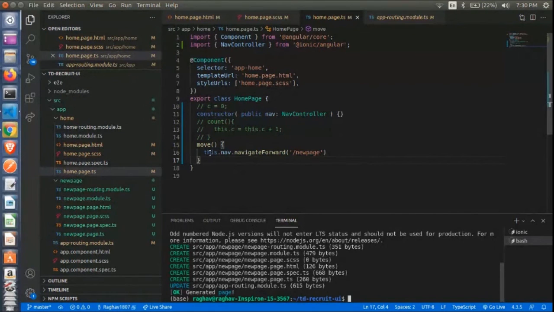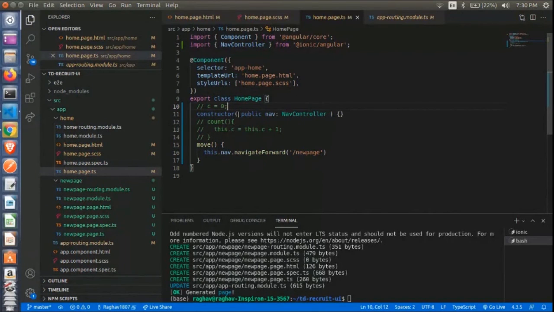To navigate to the new page, we will need the NavController package from @ionic/angular. So the path is @ionic/angular, and NavController is the package name.